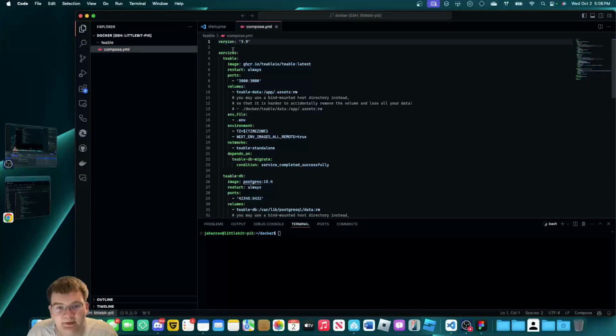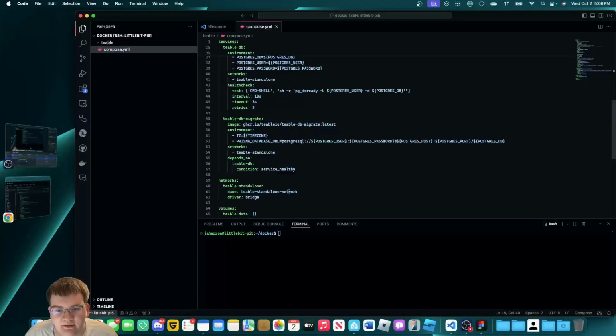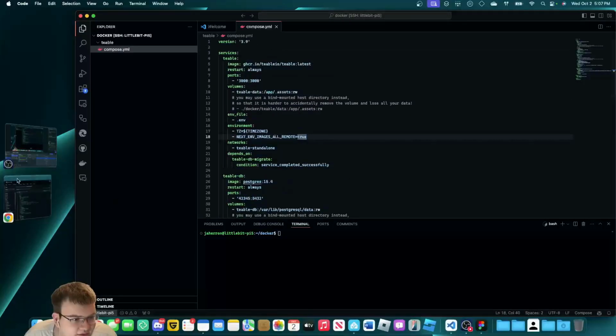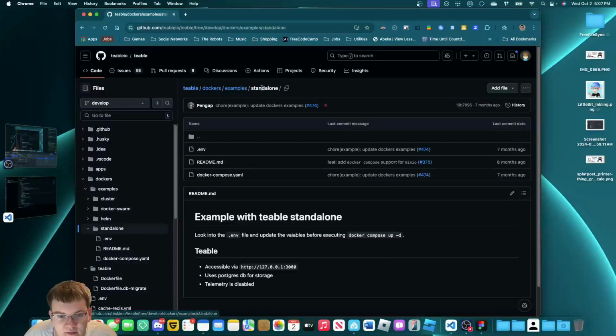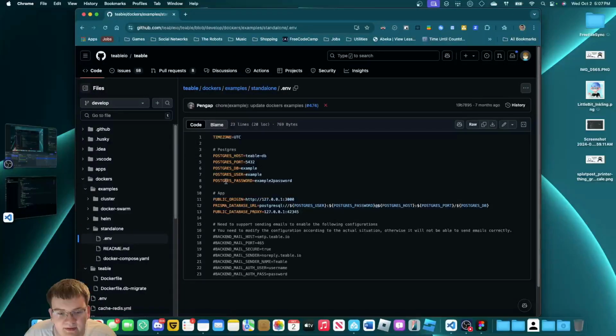Okay. It was because there was a weird space at the top. I was wondering why everything suddenly turned into an error. It was probably because there's some sort of YAML linting in VS Code. They do syntax highlight YAML. So you have all of this. You can edit these ports if you need to, but then you will need the env file,